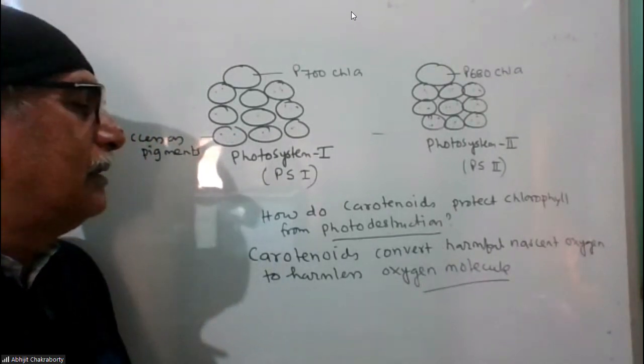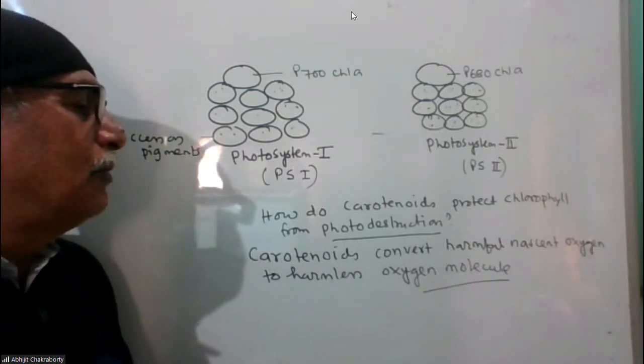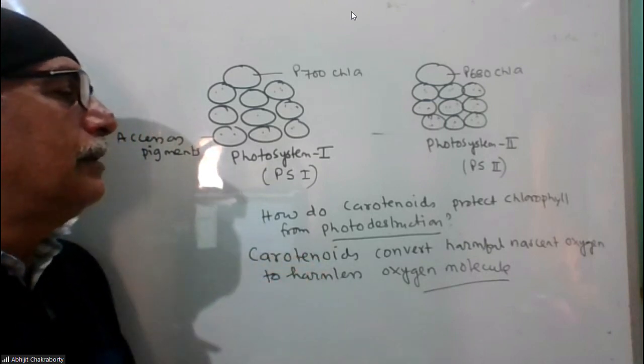As carotenoids can convert harmful nascent oxygen to harmless oxygen molecule, in this way carotenoids protect